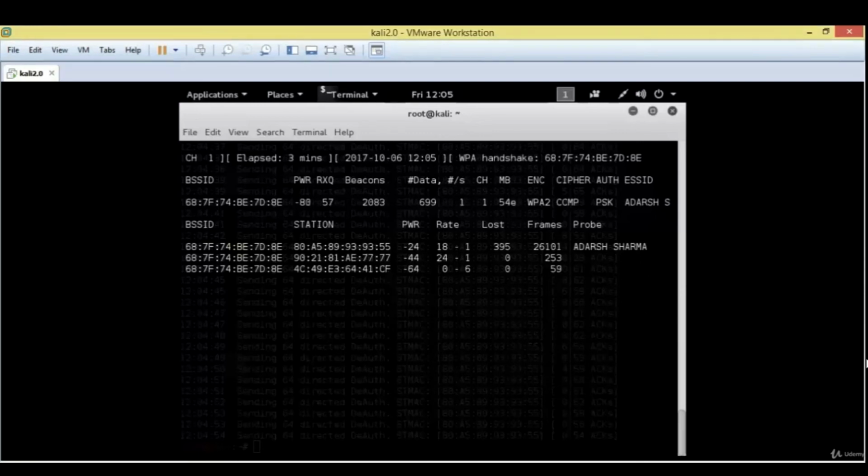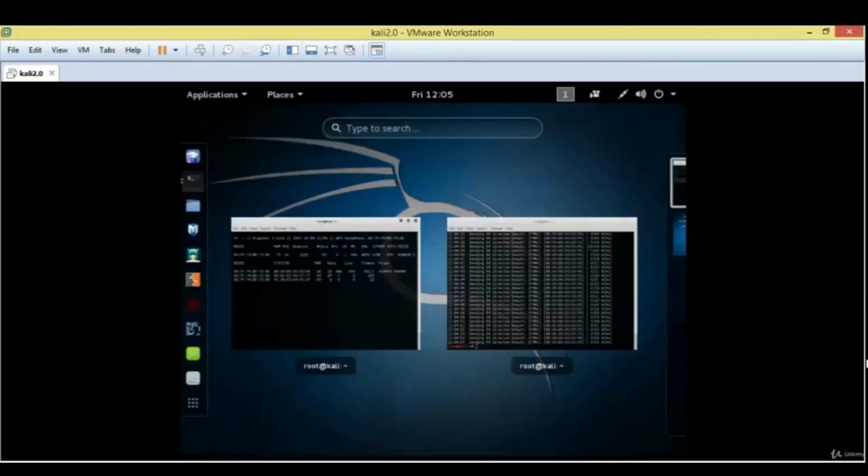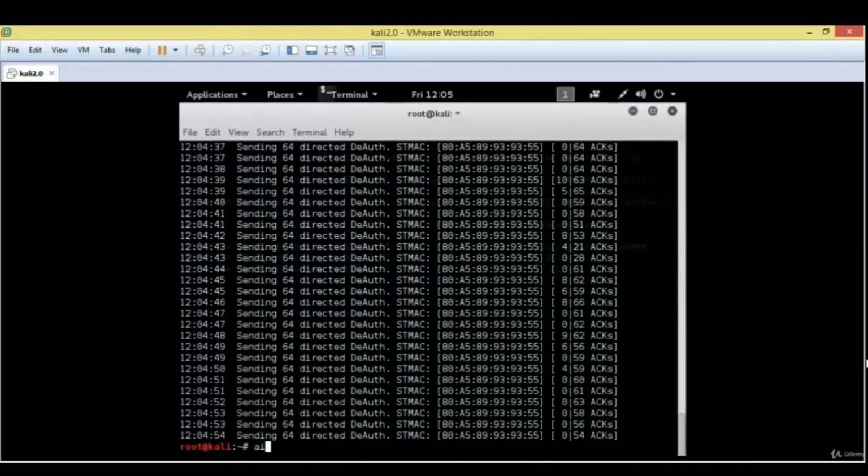Now it's time to crack the password, and for this use the command aircrack-ng -a2, where 2 stands for WPA. If you want to crack WEP, you can use 1 here. Use option -b, then specify the MAC of the modem, and then -w, which stands for word list, that is your password dictionary.